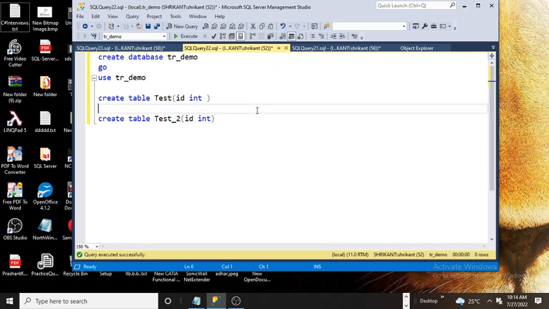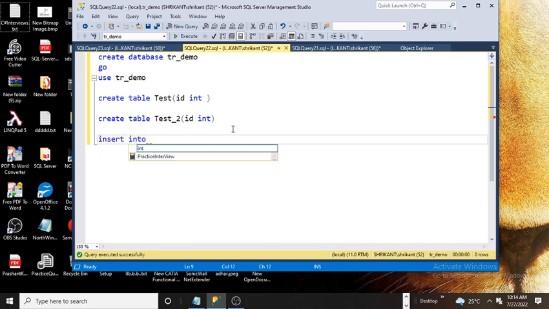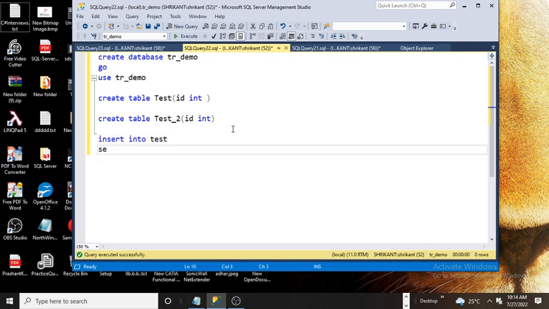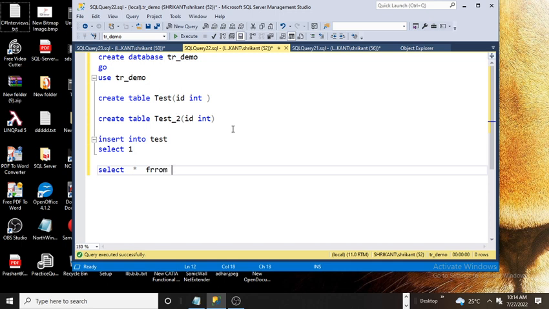We are going to insert data in my first table, and my expectation is that I would see the data in the new table. Insert into what? Into test. Fine. Select 1. Fine. So I'm going to show you some select clauses here just to verify the data before running the code. Select star from